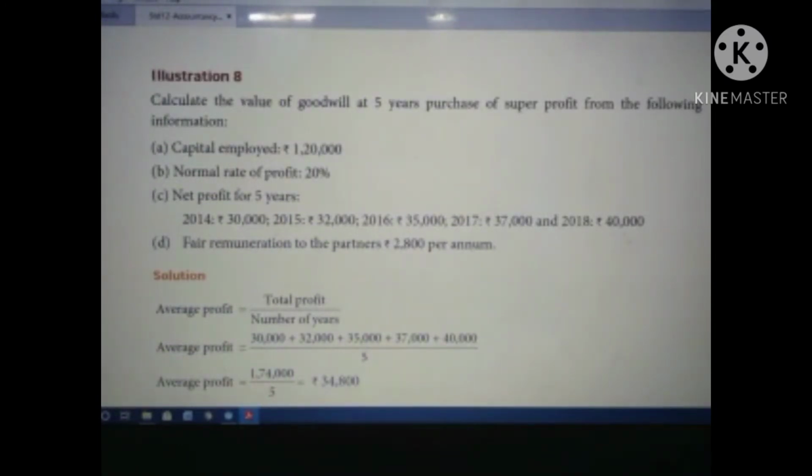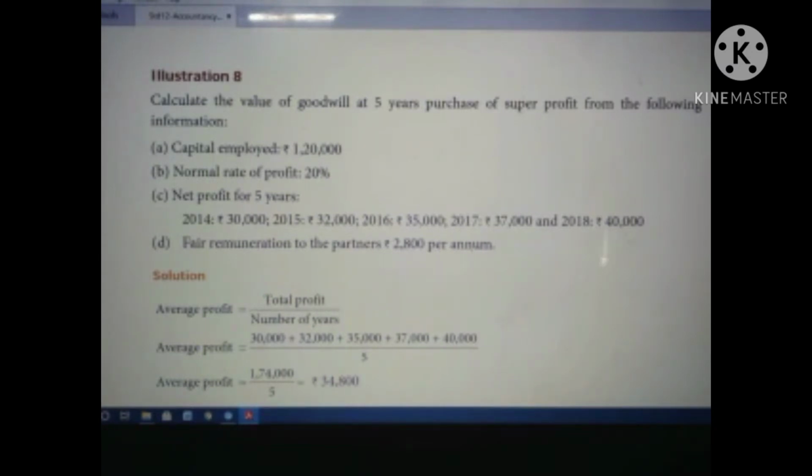While you are computing the average profit, after you find the average profit, if remuneration is given in your problem, you must subtract this remuneration from the average profit. For example, if the profit for a certain period is given in your problem, you have to add all the profits. If you have any loss, then you have to subtract it from the profit. After that you get the total profit. For example, if 5-year profit is given, you add all the 5-year profit, then divide it by the number of years, 5. Then you get some value.